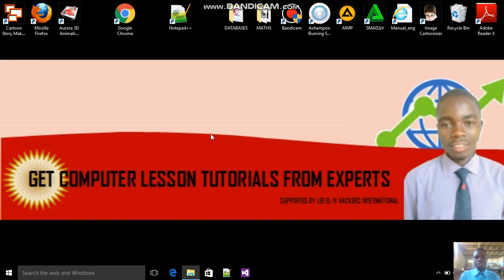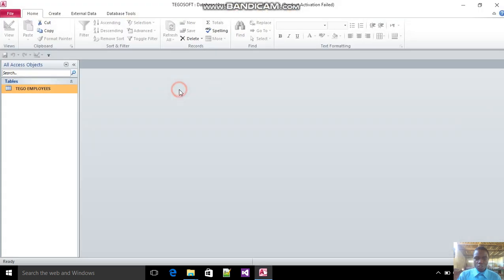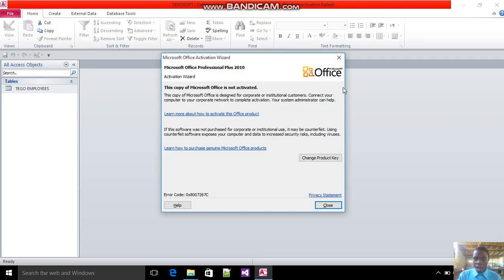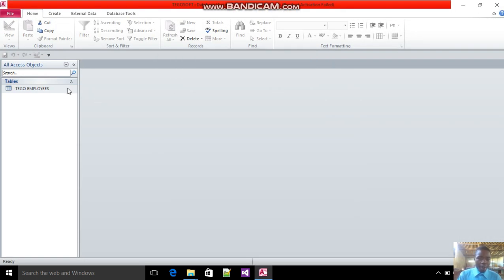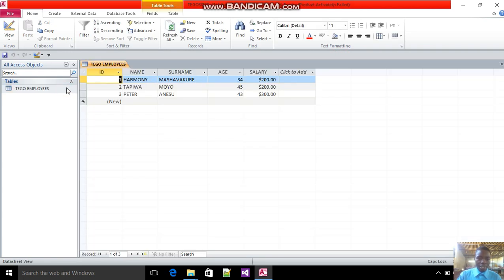Just for today, we just want to continue with our issue on how to create a form in a database. How can we enter information using a form to our database? So I'm going to open my database, the database of Tego Software. I'll close this pop-up window and then double click here to see my table. I just want to enter another piece of information using the form method, and then I'll refresh my information to be